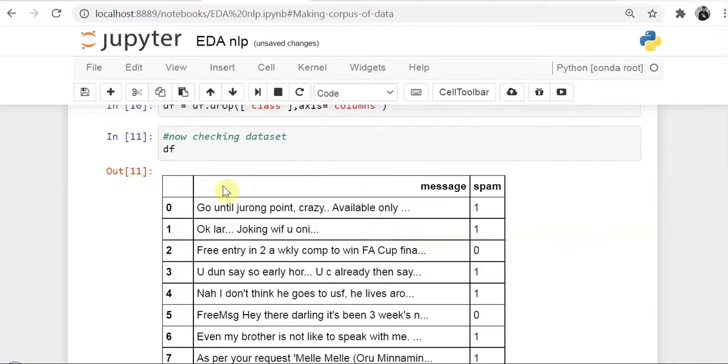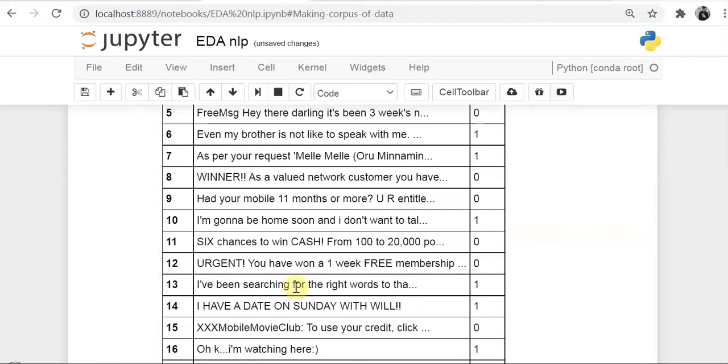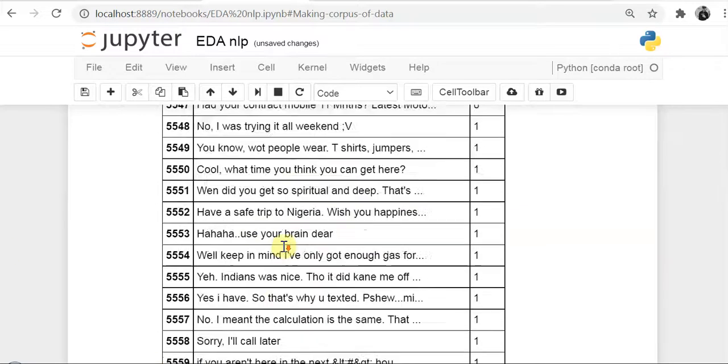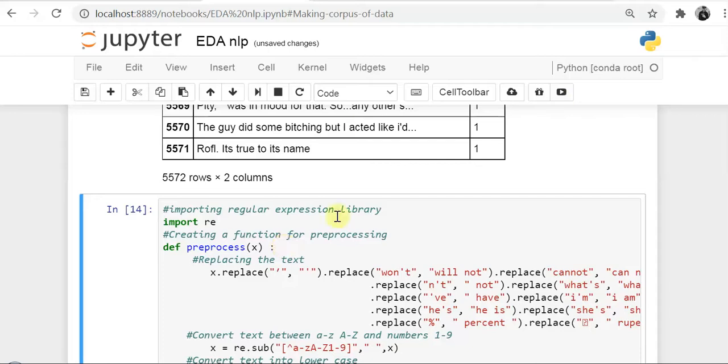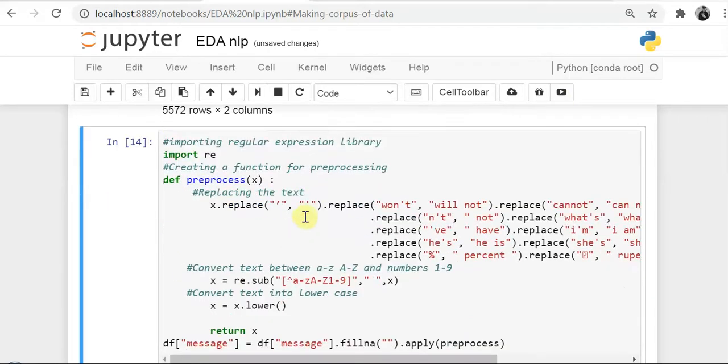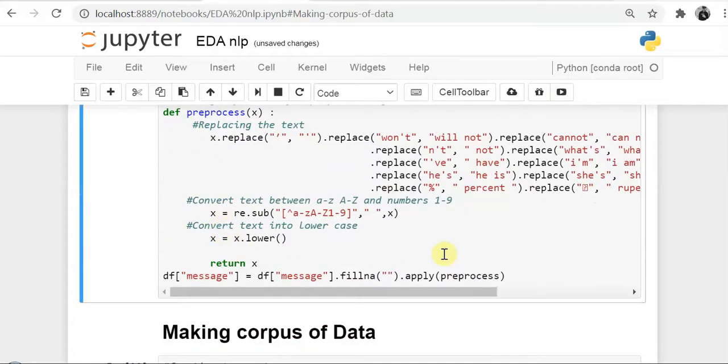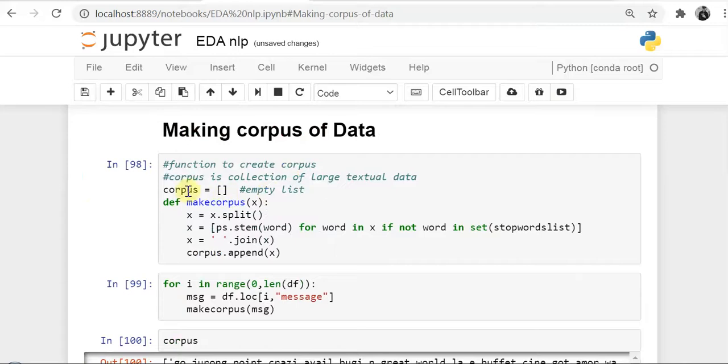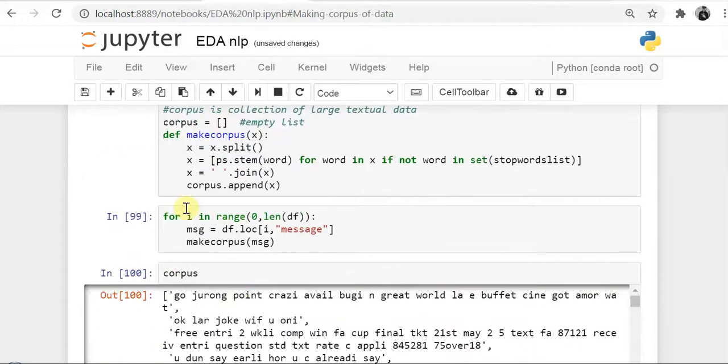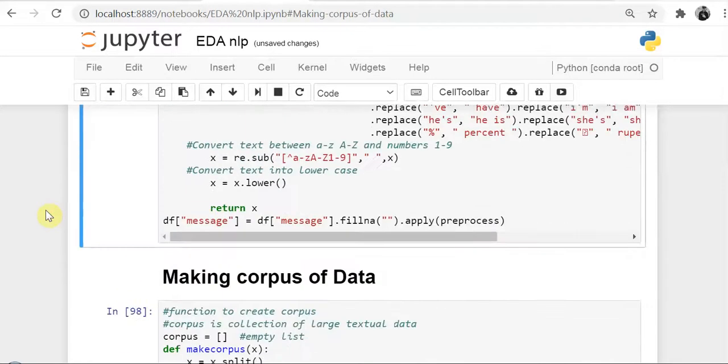Then we had the data frame in the correct format. Then we pre-processed our data, converting certain things into lower form using regular expressions, and we have created a corpus till now. So this is how our project is going on, and we have completed 4 videos on this project.